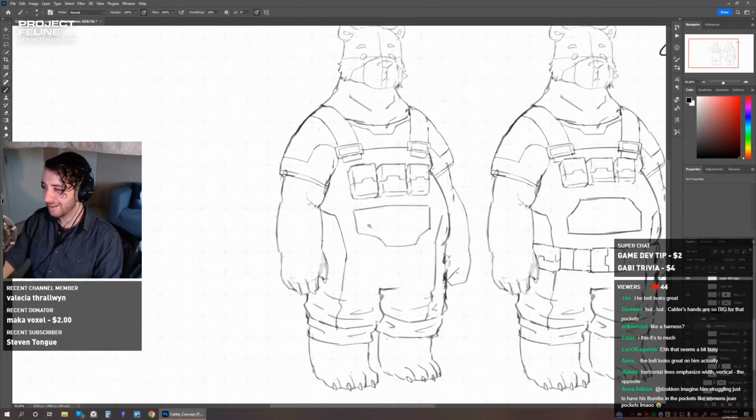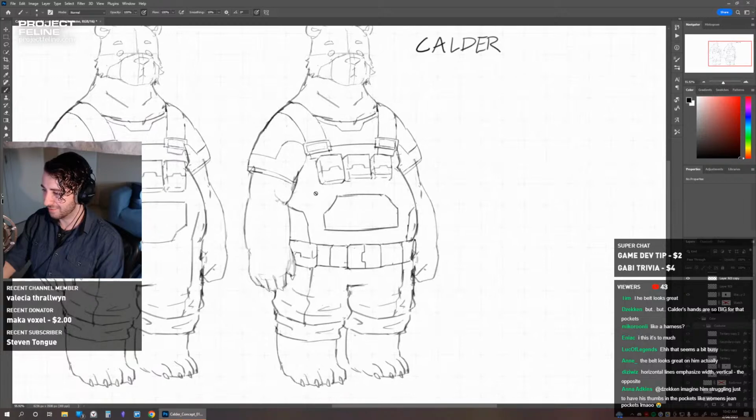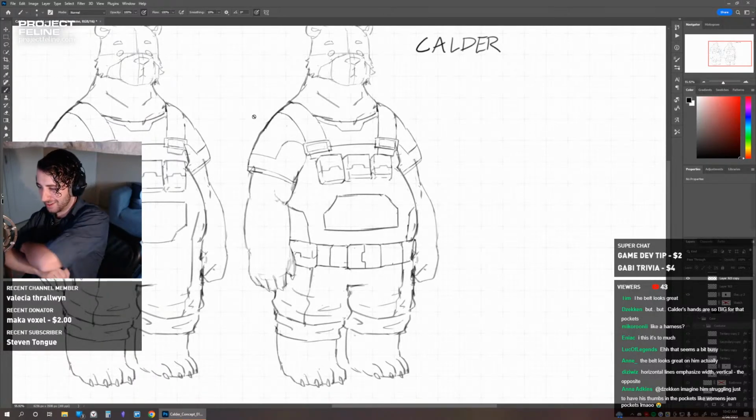This one without the belt gives me the vibe of him sitting back in his rocking chair with a lemonade watching the cows, whereas this one gives me the vibe of, he's ready to work, he's got his belt.